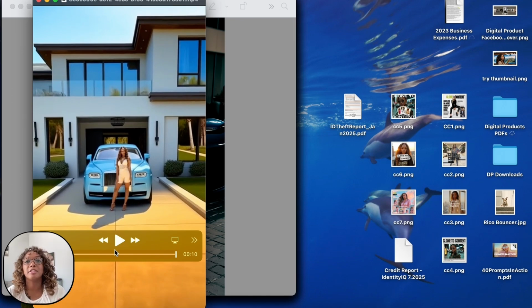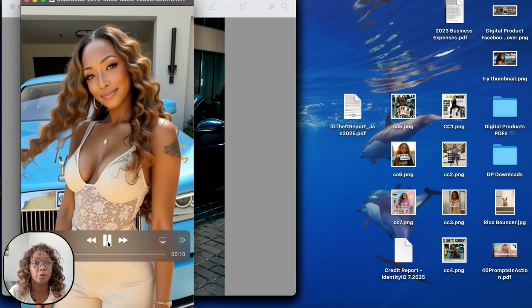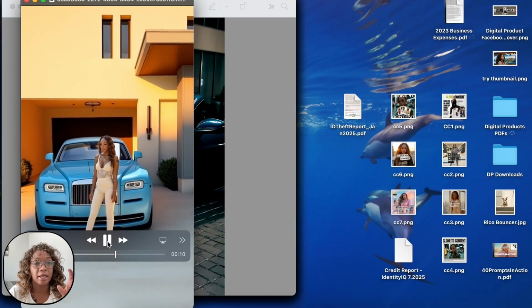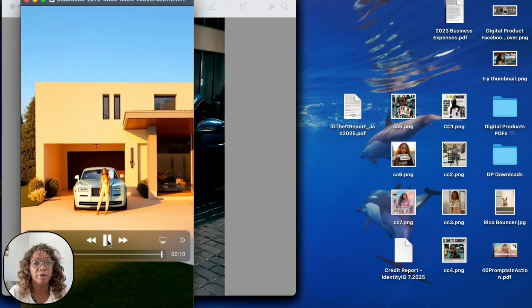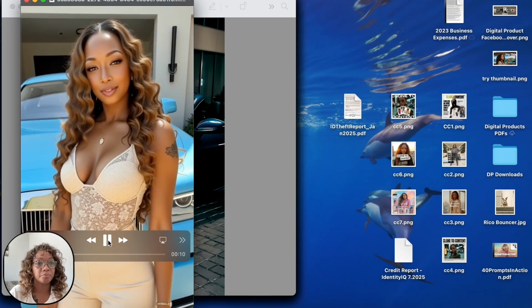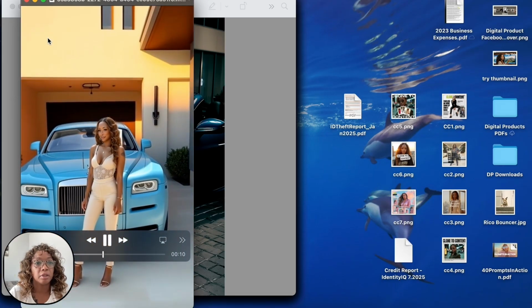It's very simple, but like I said, you can create multiple of these AI twins. Whatever scenario that you dream up that you want to see yourself in, all you have to do is know how to prompt. Okay. And I'm going to show you guys how I do all of that in just a second. But look at this. Look at how much this looks like me. Look at how clean this is. My prompt was very simple. I told them I wanted to be standing in front of a sky blue Rolls Royce in front of a modern home. And this is what I got. Right. So these are just like more close up shots of the same thing.